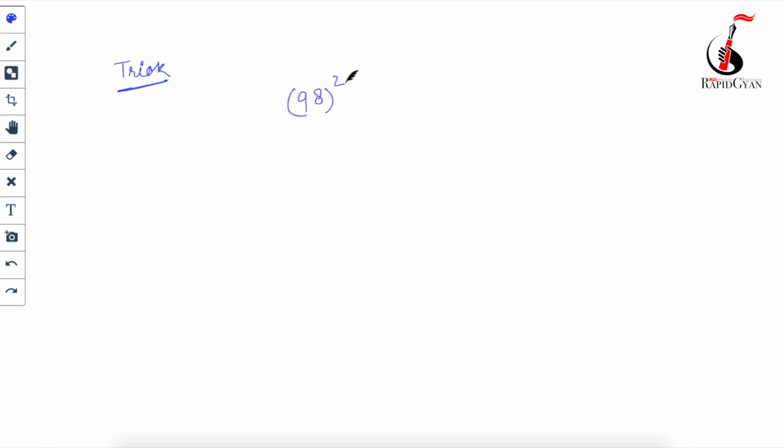So what you will have to do, remember better, listen very carefully. To find the square of 98, first find how far 98 is from 100: 100 minus 98. What will you get? You will get 2, correct? What will you have to do first? Subtract this 98 from 100, so you get 2. So find the square of 2. If you find the square of 2, you will get 4.